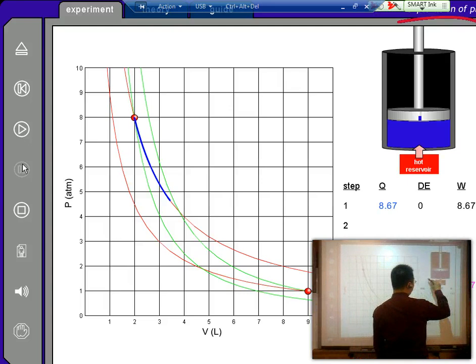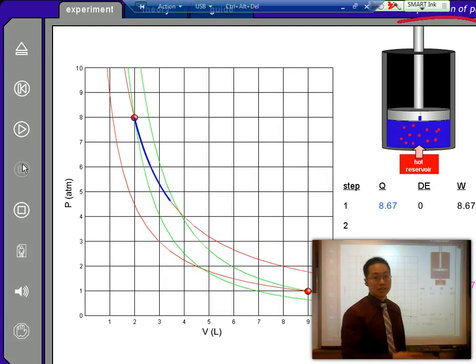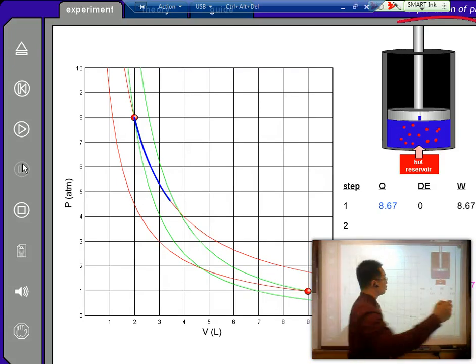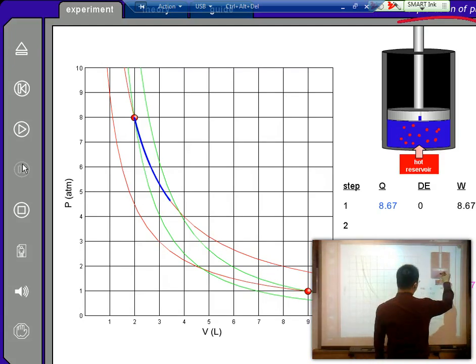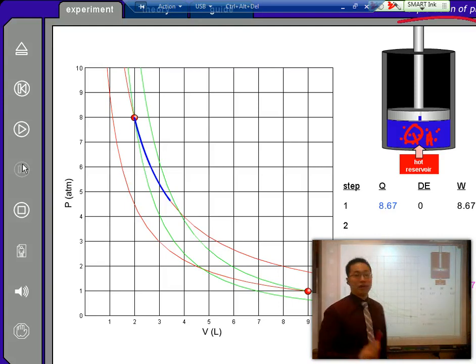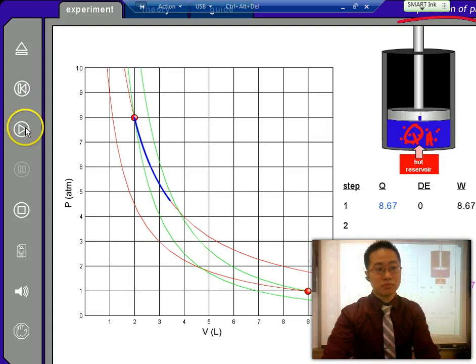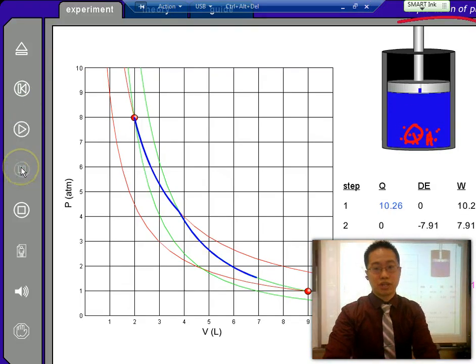So this part over here, normally your fuel injection system will inject a few droplets of gasoline. Your spark plug takes that gasoline, ignites it, causing it to explode. So at this point, we have our creation of our QH. Okay, that heat being added in eventually gets all used up. And after it's used up,